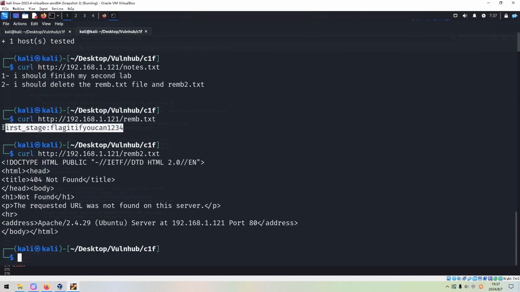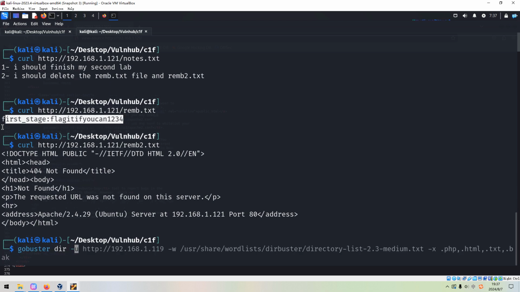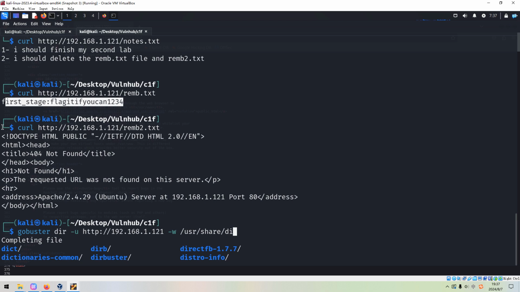Next, before we try to use these credentials to SSH to the target, I'd like to do the directory enumeration first. I think following some sort of methodology is important.